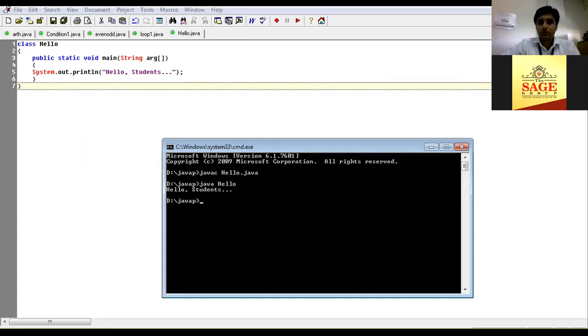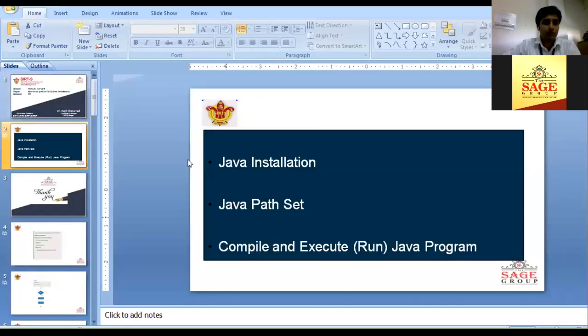So this is the whole procedure: downloading Java, installing Java, setting the path of Java, how to check the path of Java, and also how to compile and run a Java program. So Java installation is done, Java path set is done, and compile and execution of a Java program is also done.